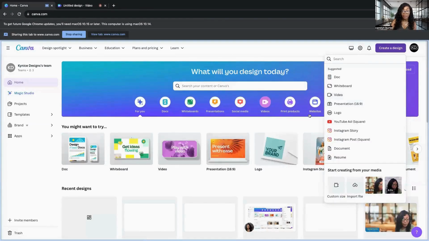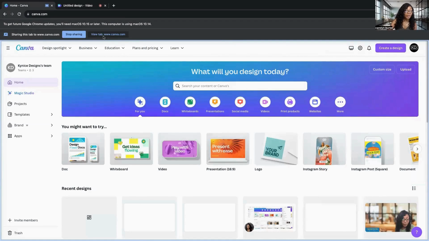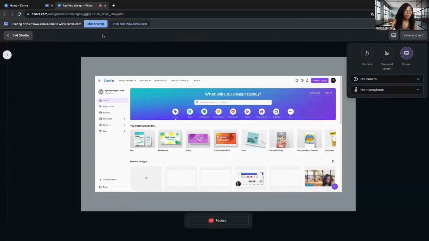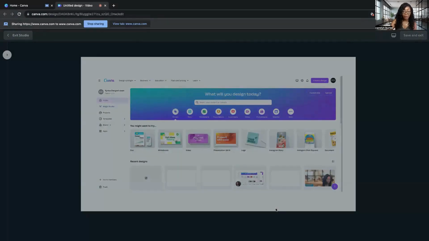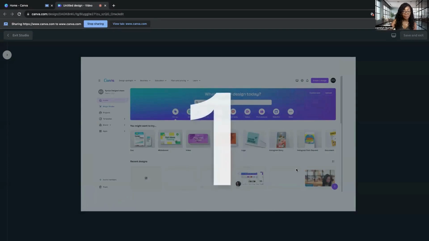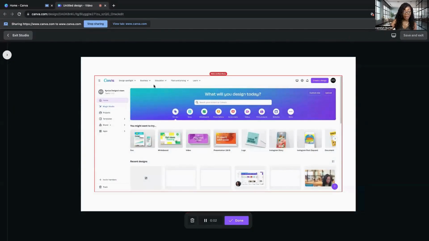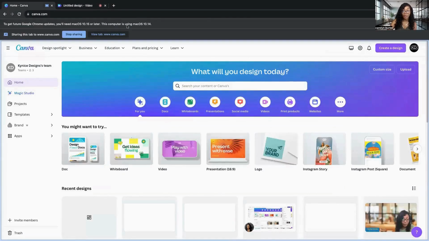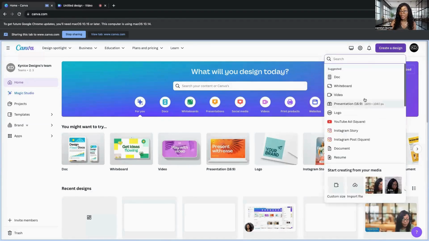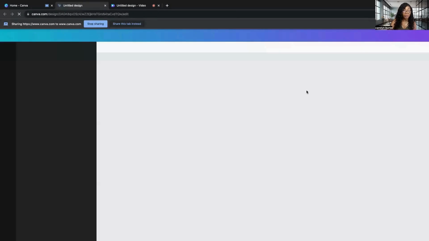All right. So I'm going to go into this tab, which shows this recording. Hit record. And then I'm going to go back into my view tab window. So in the create a design, because the first one was actually showing you how to go in and start the recording of your recording. So we're going to do the video